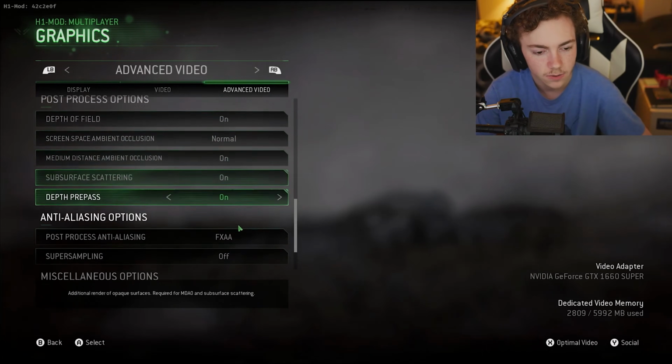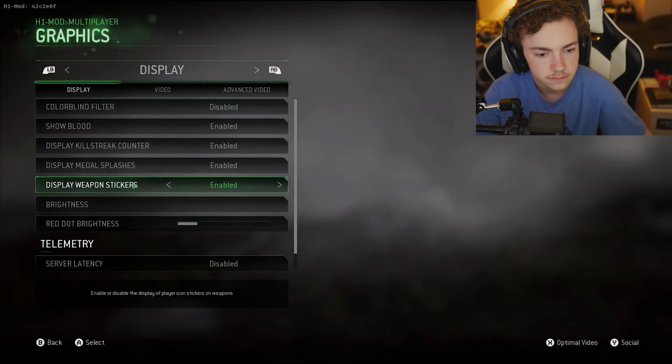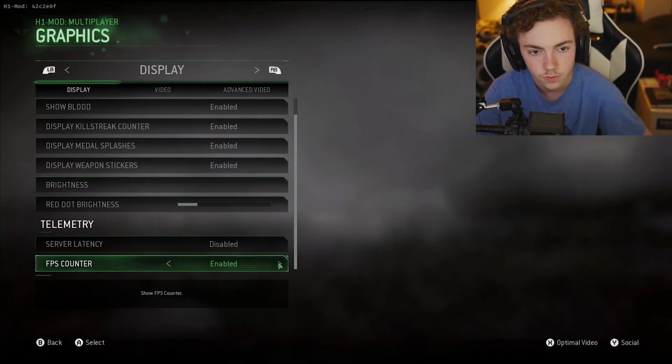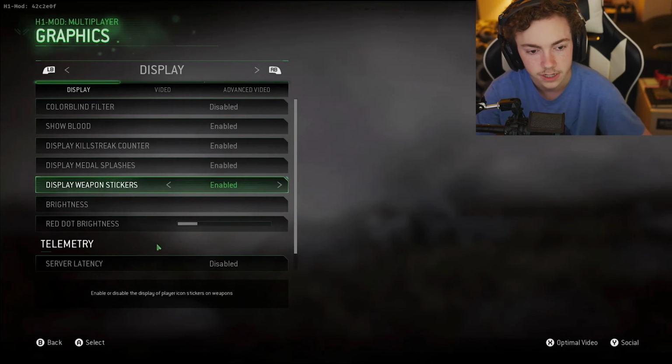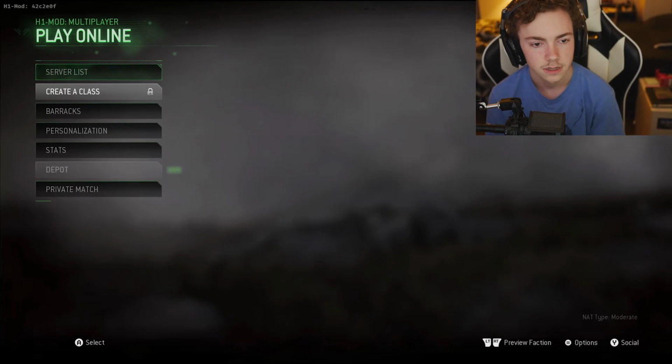Everything's put on extra. I want to double check to make sure there's no motion blur or anything, which doesn't seem like there is. I do want an FPS counter. I would like that. That would be very nice. There we go. And then if we go to play online, press accept, and then you can see the server